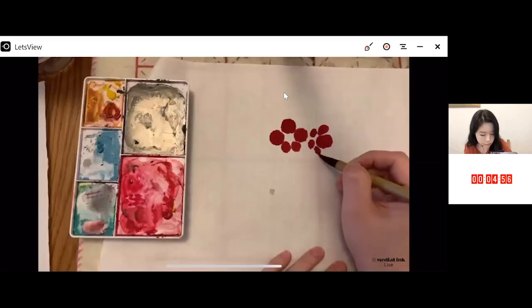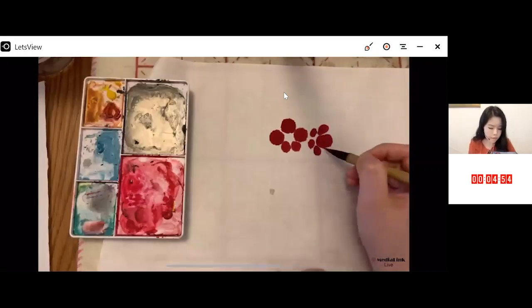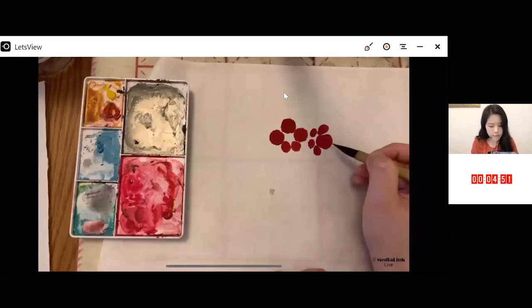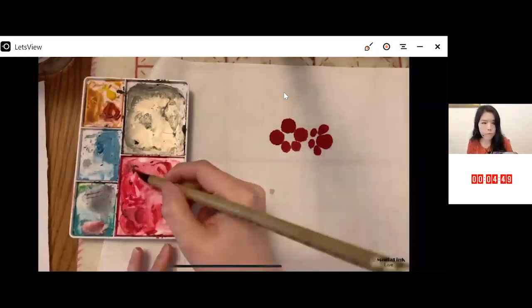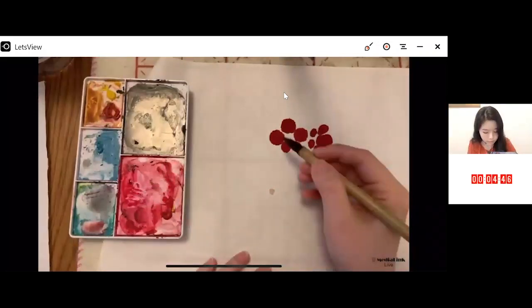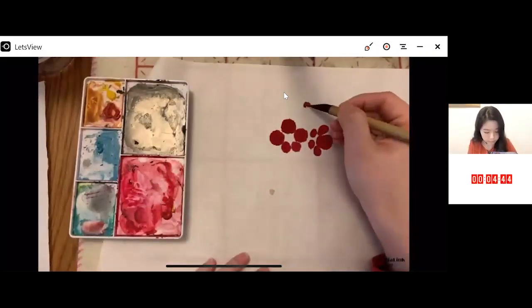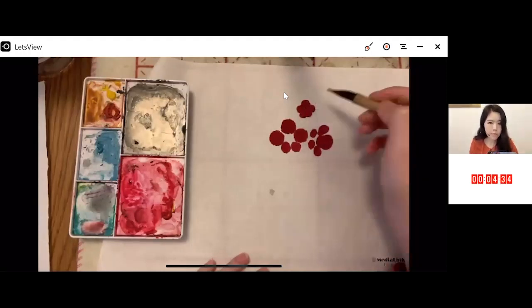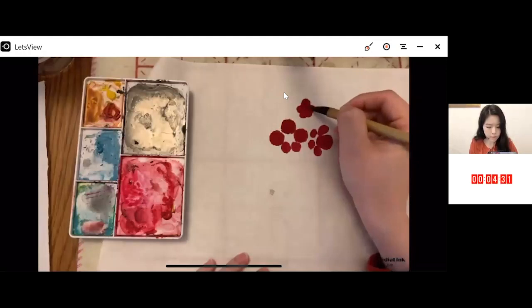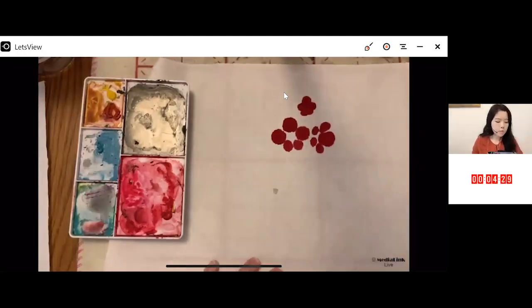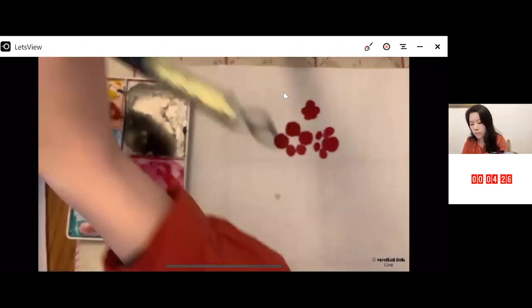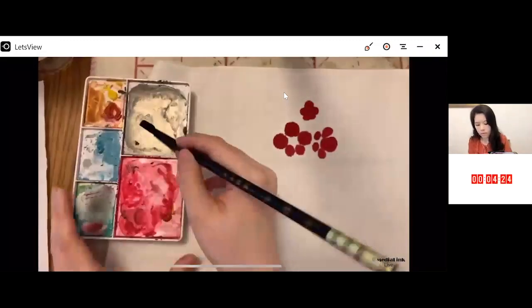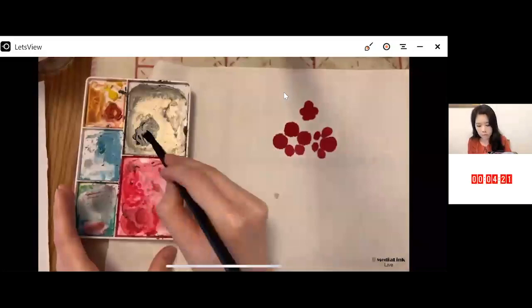Okay, so this flower is facing the side. Now let's draw another one facing the back. Because it's facing the back, we can just draw the flower petals touching each other. So this one's facing the back side, a smaller one. Now that we have drawn 3 flowers,